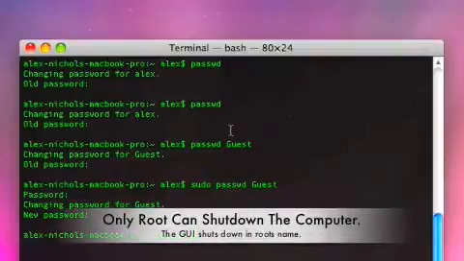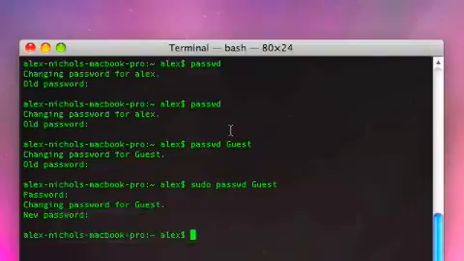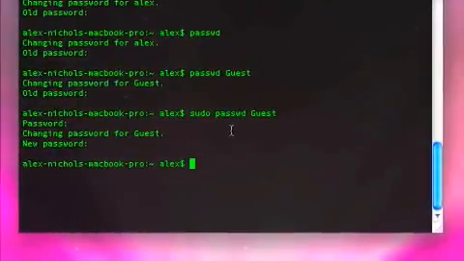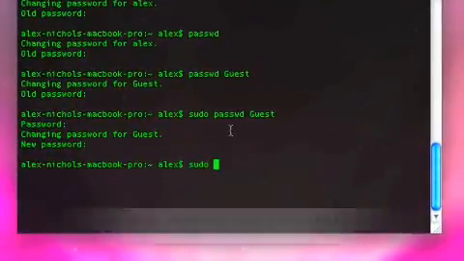Another thing is how to shut down the computer. And this is something that you need to be root to do. So we do sudo and then the commands I'm about to show you. And I will remind you, if you're not an admin on a Mac, you will not be able to do sudo. So let's get started here. We're going to type sudo space shutdown